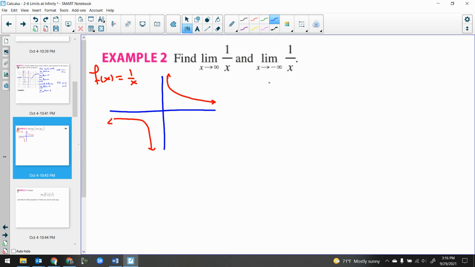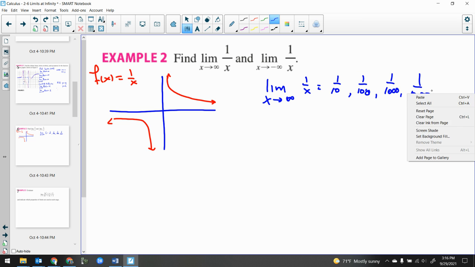So what I want to do is say, what is the limit of 1 over x? Well, let's think about it logically. Whenever we don't understand a limit, let's just plug stuff in. Think about direct substitution here. 1 over infinity? What does that mean? Well, let's put in numbers. That could be 1/10. If I put in 10, let's make that bigger. 100? What about 1,000? What about 10,000? What about all of those values? What's going to happen there?